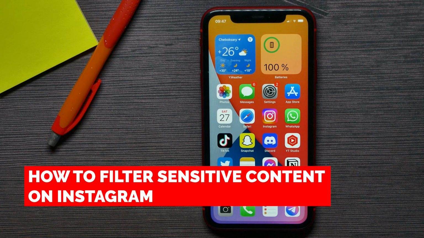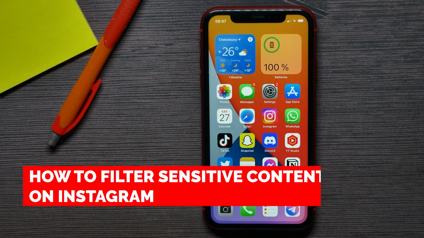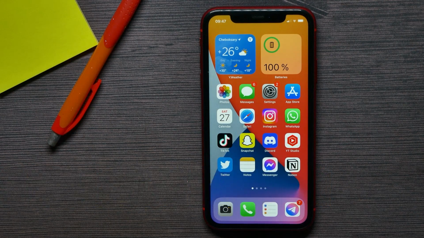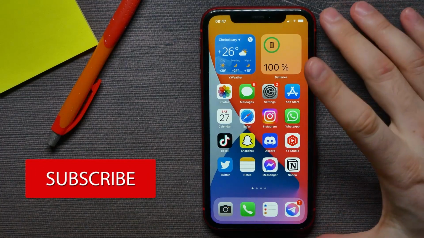In this video, I'm going to show you how to filter recommended content on Instagram. That is quite simple and easy to do, so let's begin. Instagram has recently added a new feature that allows you to control how much sensitive content you want to see,